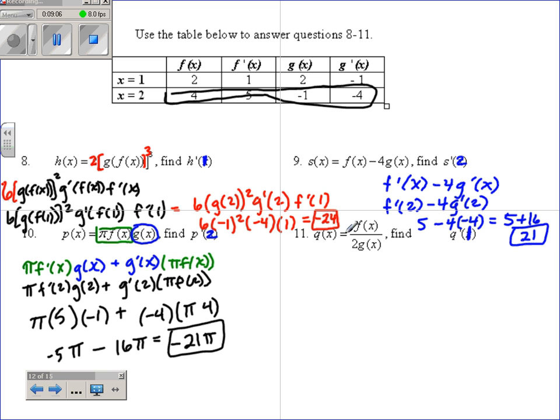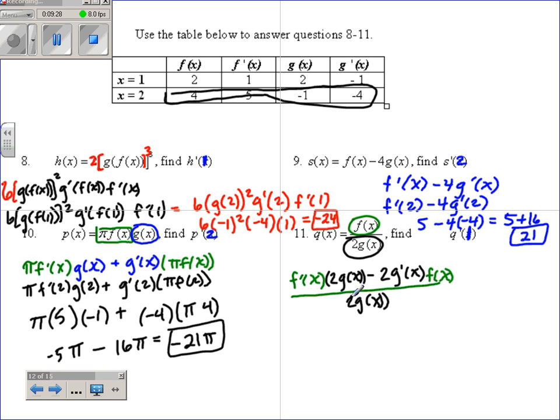Okay, this one's the quotient rule. It'll be the derivative of the top times the bottom minus the derivative of the bottom times the top, all over the bottom squared. So f prime of x at 1 is